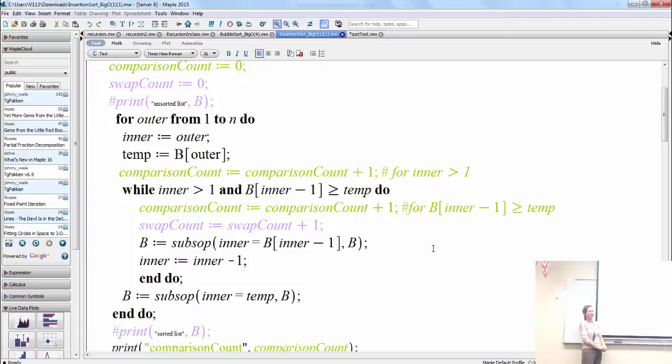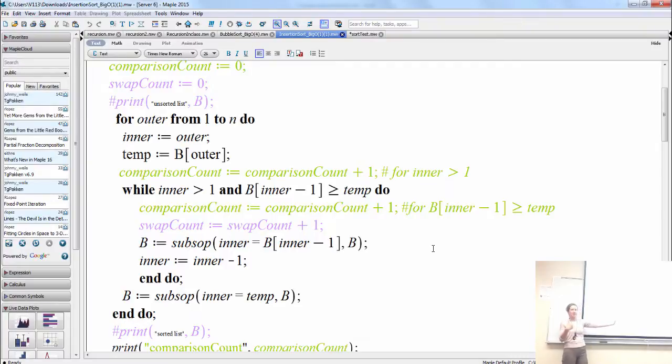What's different about him? Hopefully you stared at this code long enough that you started to notice what was different about this guy. So he had the same outer for loop, the same n times for his outer for loop, still looping n times, but his inner loop is a while loop. So he doesn't necessarily have to happen n minus 1 divided by 2 times. He can happen less than that sometimes. Sometimes he'll happen that many times, n minus 1 divided by 2, and sometimes he'll happen less, because it's a while loop and not a for loop.